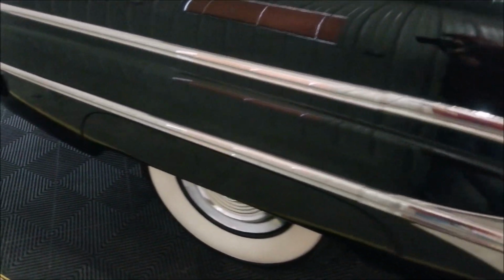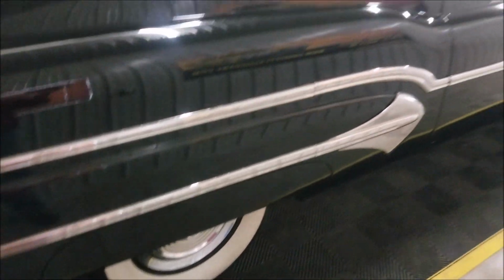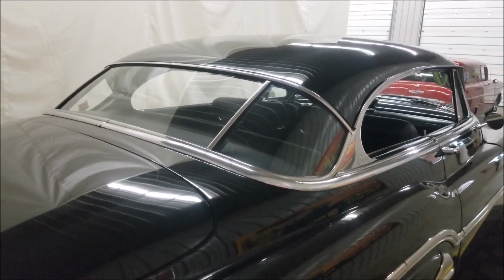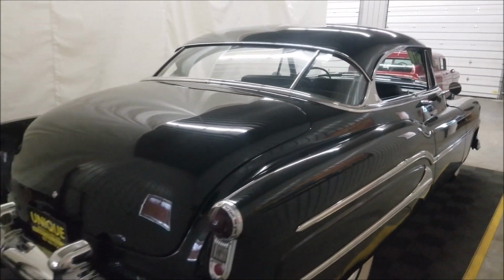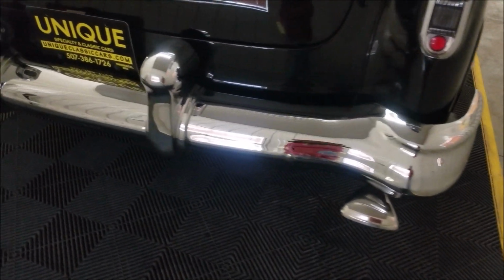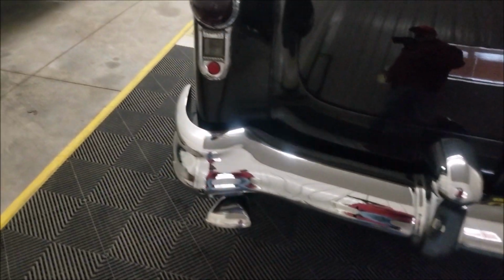Fender skirts in the back. Again, those wide whites with the Oldsmobile wheel covers. And that sleek roof line with the Holiday hardtop. Cool cars. You just don't see a lot around like this anymore. Come around to the rear. Again, dual exhaust coming out the back with some nice bright work on it. The chrome on the rear bumper, also very nice shape. Trim work around the